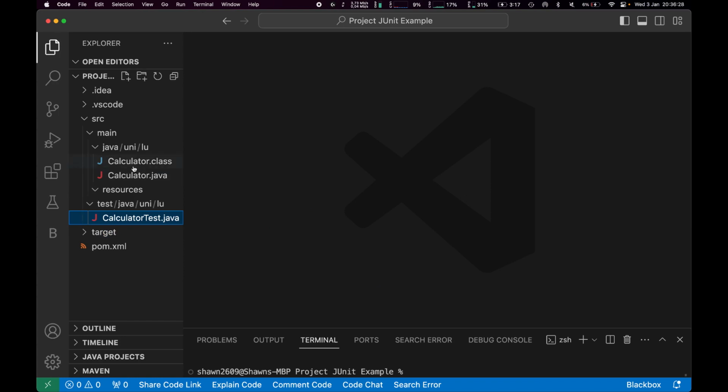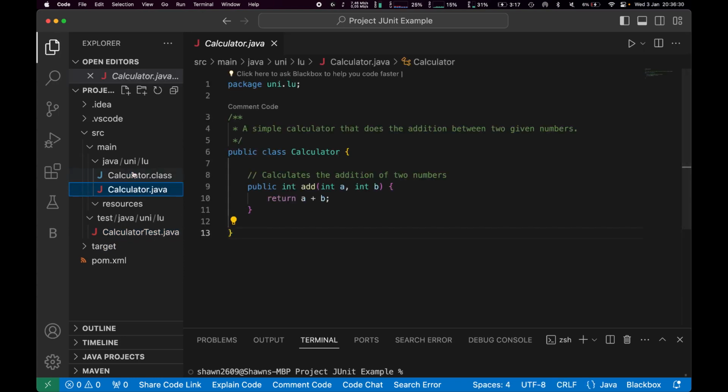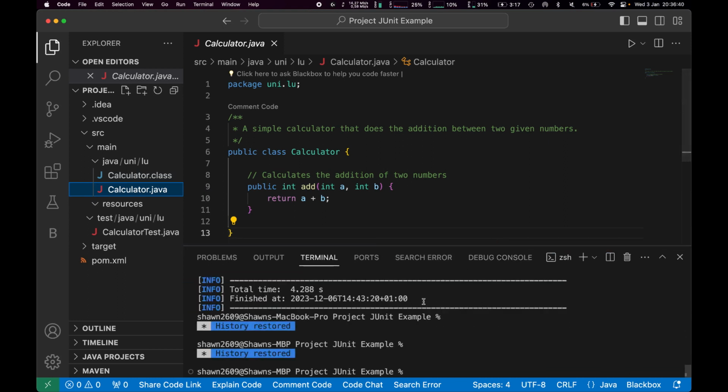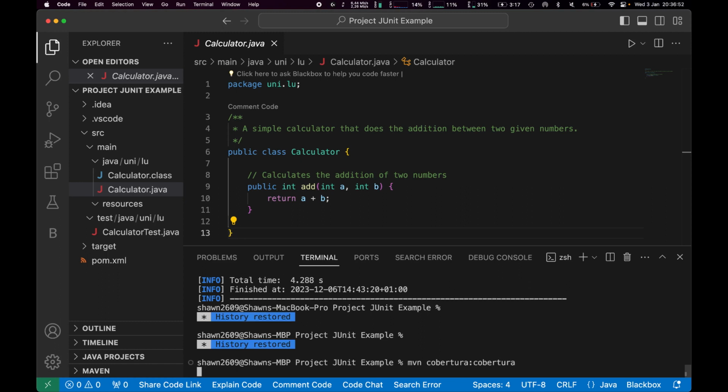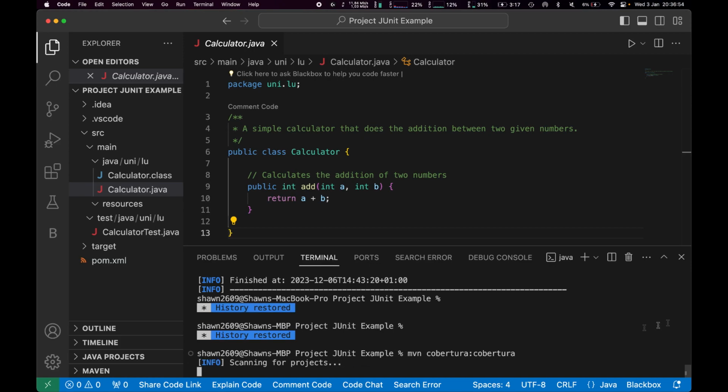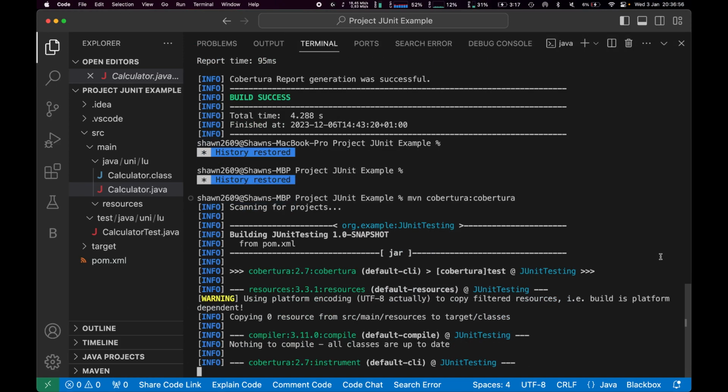So let's say that we wish to visualize which methods we have tested and integrated unit tests for, or where that is still missing. We should be able to use the command mvn cobertura:cobertura, and once you hit enter, you can now see, let me just enlarge this for a bit,